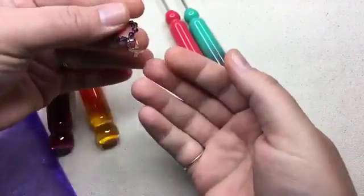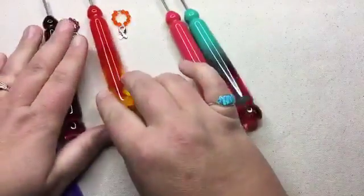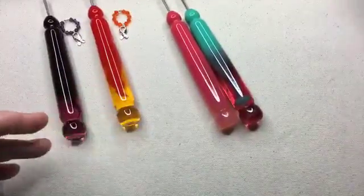Isn't that nice? A little dangly. And then she also has stitch markers that don't have the dangles. These are the charity ones. And then we have,